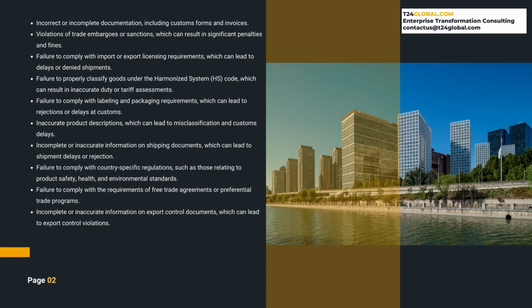4. Failure to properly classify goods under the Harmonized System, that is, HS, code can result in inaccurate duty or tariff assessments. The HS code is a standardized system for classifying goods for international trade. Proper classification involves identifying the correct HS code for each product and staying up to date with changes in the